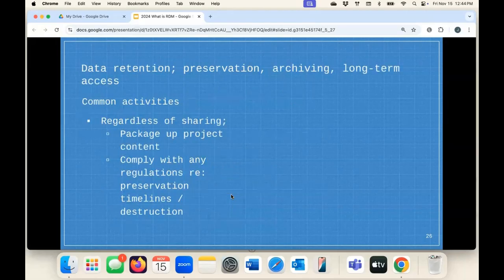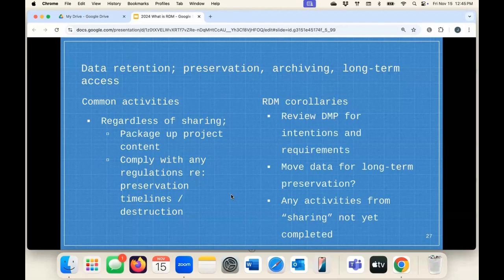The fourth stage is data retention, preservation, archiving, and long-term access. This is a phase that obviously we are quite concerned about. I don't know how often this is a really distinct phase for researchers, but what I'm talking about here is, even if you haven't shared, making sure your project is all packaged up, you've looked at compliance for any of your regulations. So if you've gone through an ethics approval and said, I'm going to keep my data for 10 years, or I'm going to destroy my data after 5 years, you're making sure that you're going to comply with those kinds of